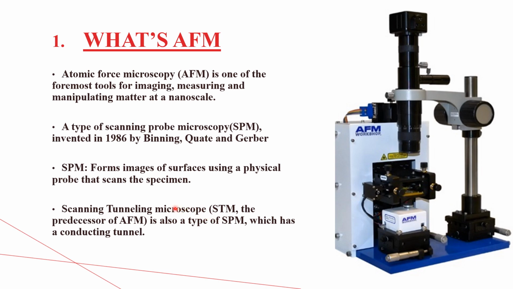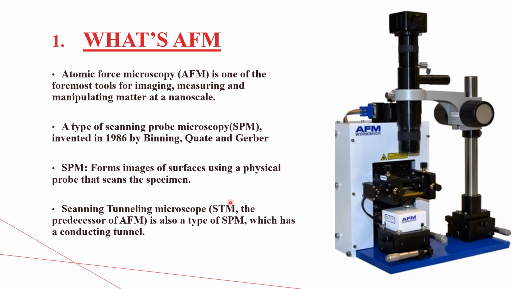First of all, scanning probe microscope forms or scans the image of the surface by using a physical probe, which I will discuss in the next slide, what the probe actually means. Now the scanning tunneling microscope scans only materials that are conducting, but not polymer or non-conducting